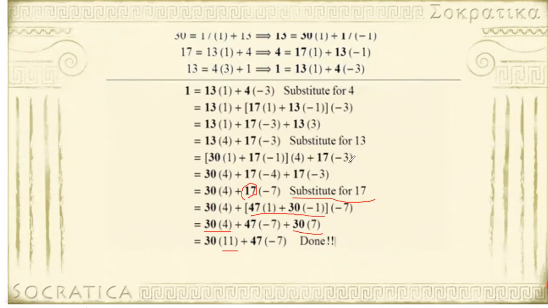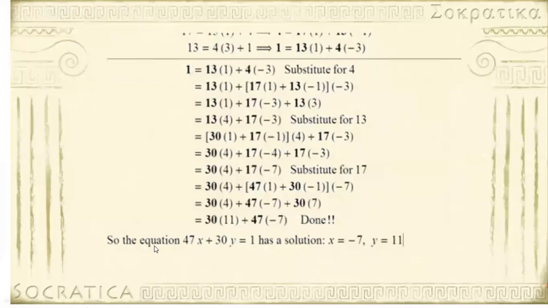Now, what is the purpose of the D'Hopital equation? The main purpose of the D'Hopital equation is to calculate the value of x and y. So here we have calculated the value of x and y. So x is 11 and y is minus 7. In the equation, we have calculated the value of x and y. What we can do, we can put this value into the equation.